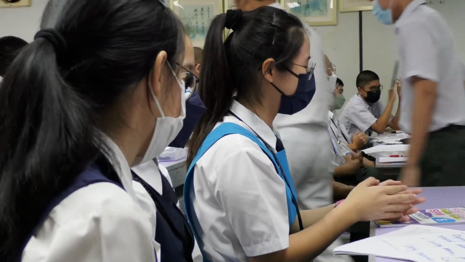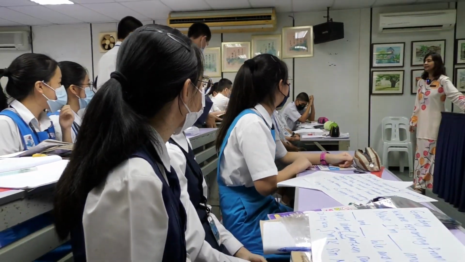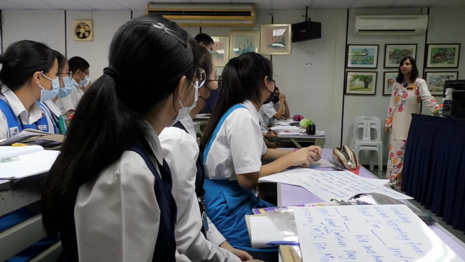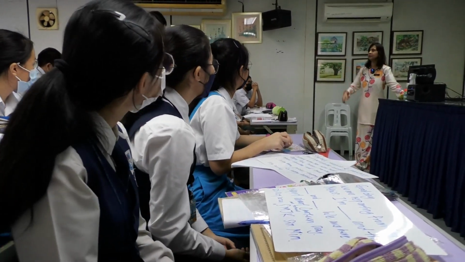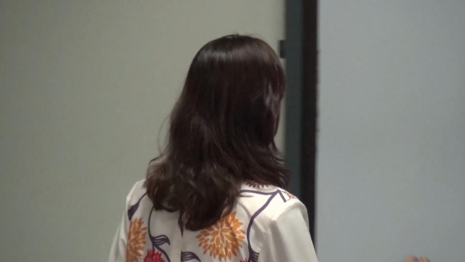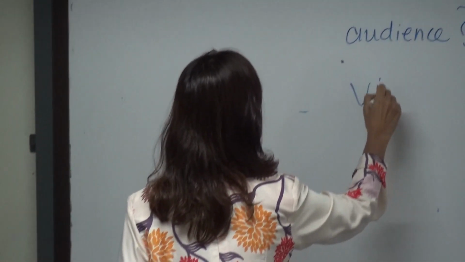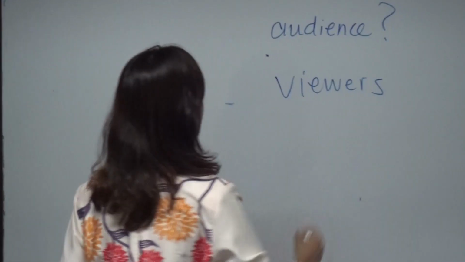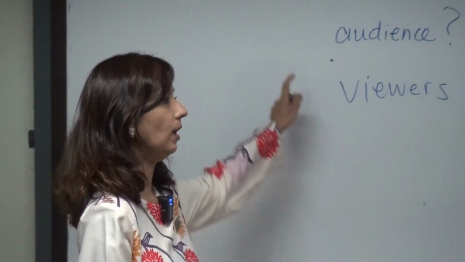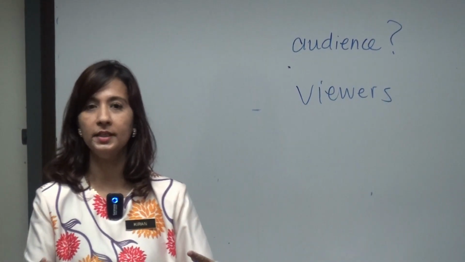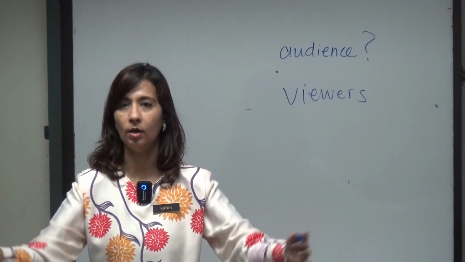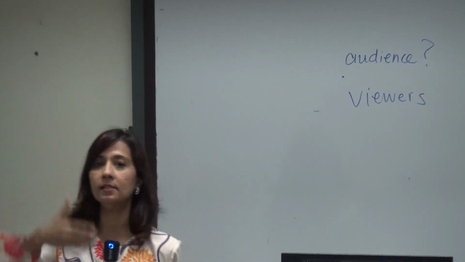Okay. Do we report to audience? Who do we report to? What do we call people who watch the report or the news? Anyone? Starts with V. Viewers. Viewers. Okay? Viewers, not audience. Viewers are the ones behind the screen. Audience are like, directly, like I'm talking to you, I'm doing a performance, you all are the audience. If it's through the screen, then viewers.